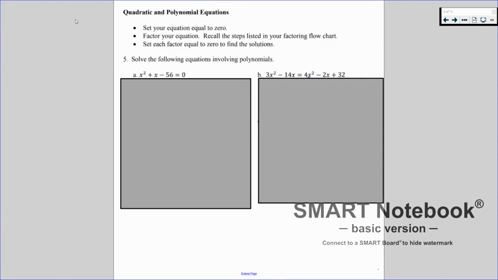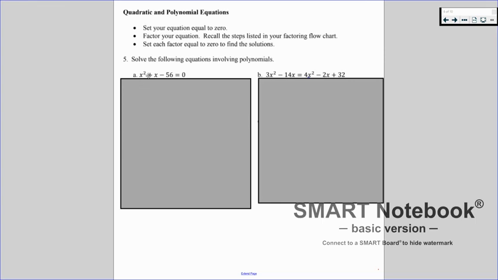Remember how we do these? Back to our polynomial unit. So set the equation equal to 0. We want it equal to 0 because we're going to end up factoring, and we know if we can factor something set equal to 0, then we can just set each of the factors equal to 0, which really is what our steps are right here. So first one,